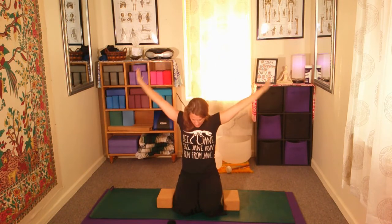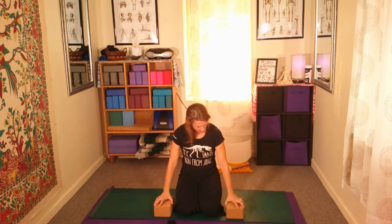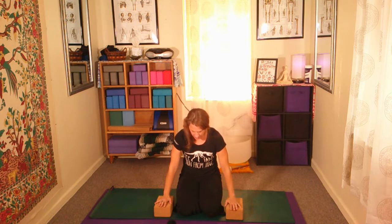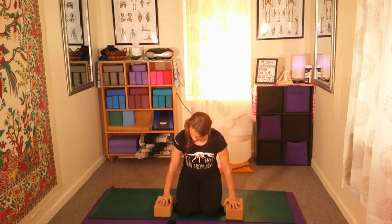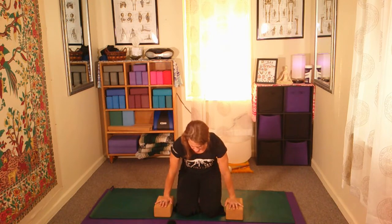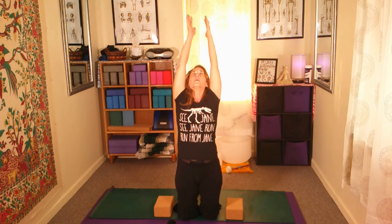Lifting up, reach and stretch, and bring it down. Bringing those blocks to the right alongside the knees. And lift up, staying right here. Inhale. Then exhale, we're going to push against those blocks, and we're actually going to lift up the legs, resting those feet onto the mat as we're in pendant, and then release down, lift up into a gentle back bend,